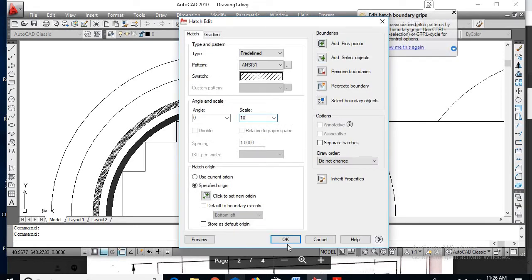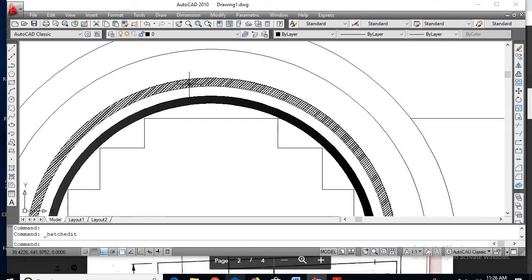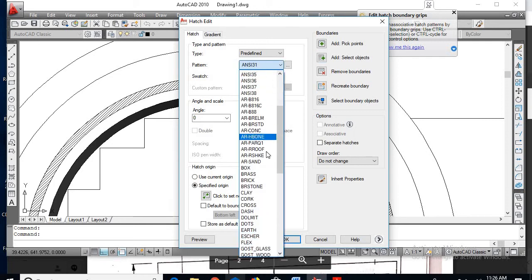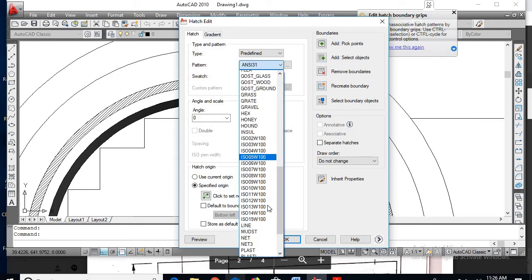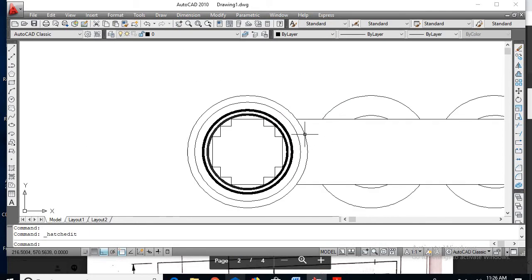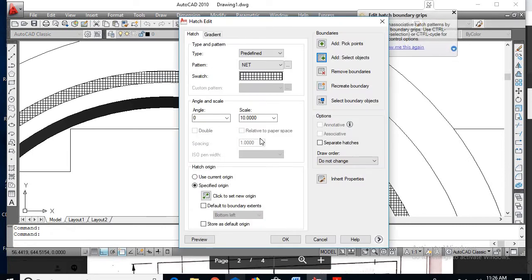Just go and change the scale so that it is not a net but it is taking the line. So go for net, say OK. So now net we are getting, so change the scale as 25, so OK.